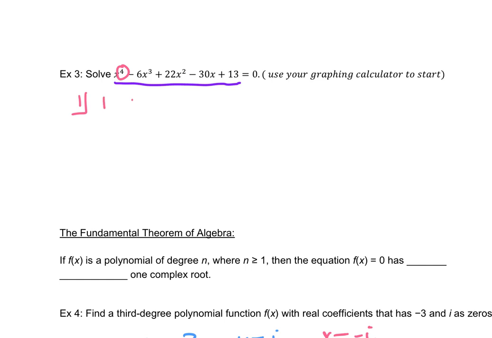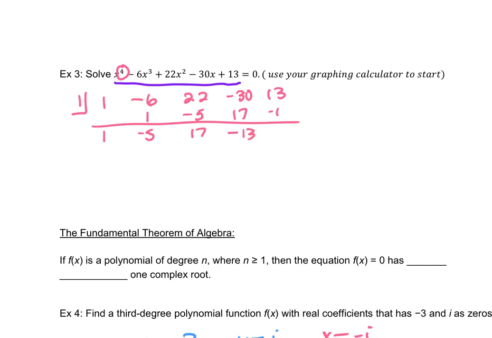Okay, so here's our coefficients. Okay, and I better get 0 when I do this division. If I don't, I know I've done something wrong. Okay, I got 0. Now I'm going to do synthetic division again, and I'm going to do that on this reduced polynomial. I'm not going to go back to the original again, or I'd get right back to where I was. I want to reduce again. So 1